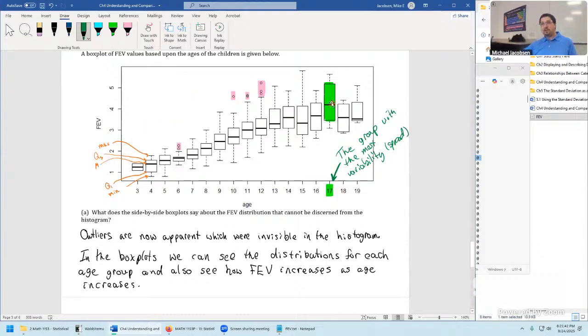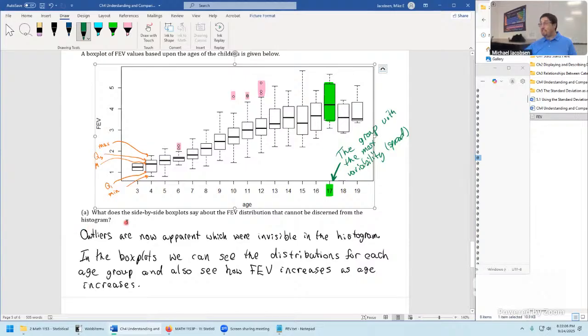It's also curious to know that 17-year-olds had the highest median value, and then 18-year-olds and 19-year-olds went lower. This just could have been due to the random nature of the random selection of this data set, but it's pretty interesting to observe here. Something interesting going on with the 17-year-olds in terms of variability. Well, we also mentioned the outliers as well.